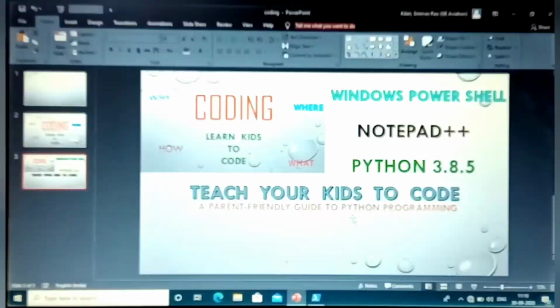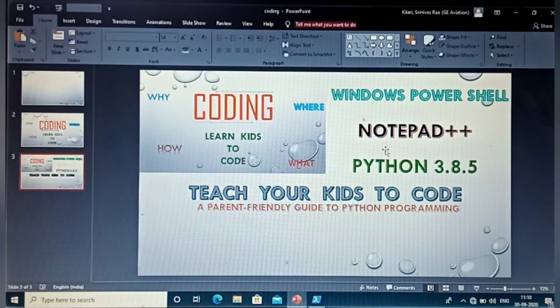So this is the Windows PowerShell. We can use it like this. And when we code something in any app, suppose I say Notepad++. See, Notepad++. This Notepad++ is used for writing the code. So if we want to write some code, where will we write it? In Notepad++ only we will write the code. Other apps are also there, but we can use Notepad++ for the better.